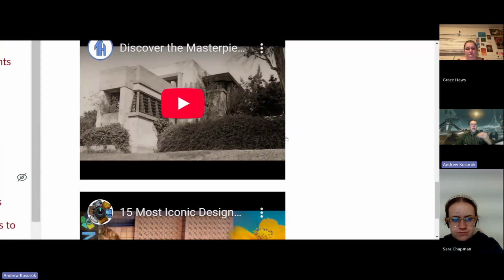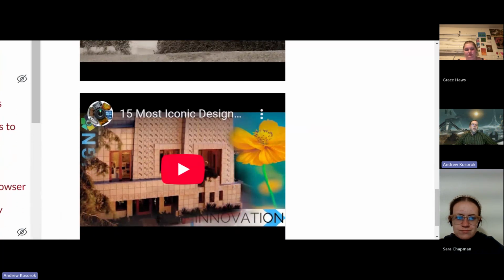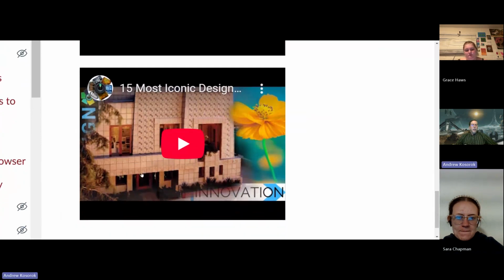So instead of just staying with the raw geometry of the Bauhaus, Frank Lloyd Wright brought in diagonals and geometric abstract shapes that were based on the American prairie. That's why it's called prairie style. But he also brought in the Mayan architecture elements. That's what these tiles are. And this kind of slight diagonal, this is a reference to some of the angles in Mayan pyramids. And because that was also distinctly American.